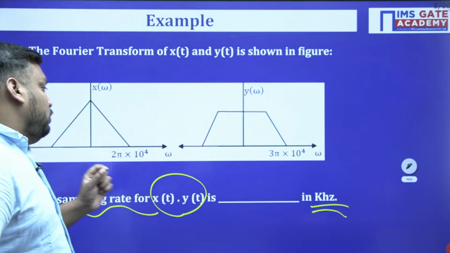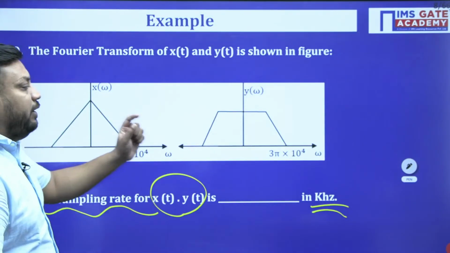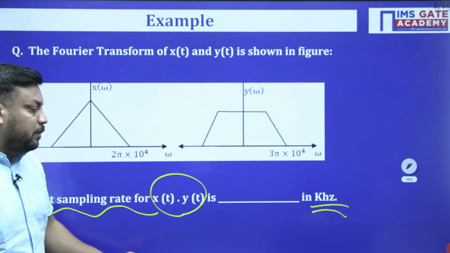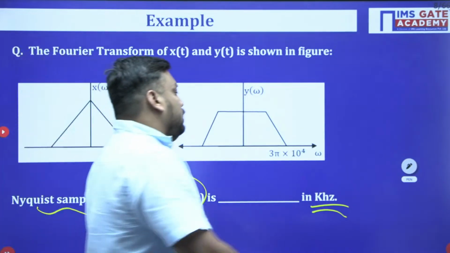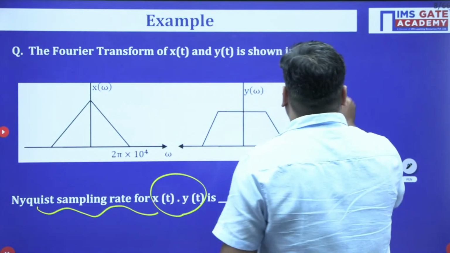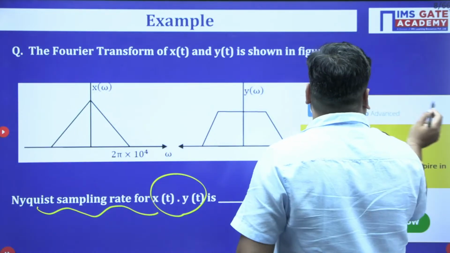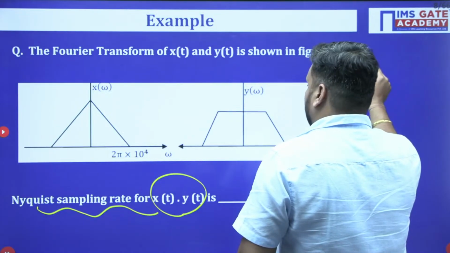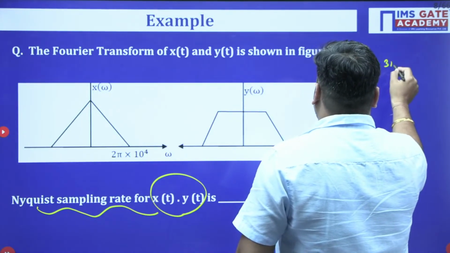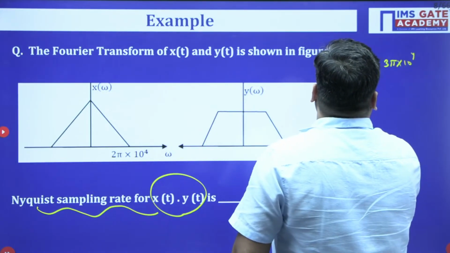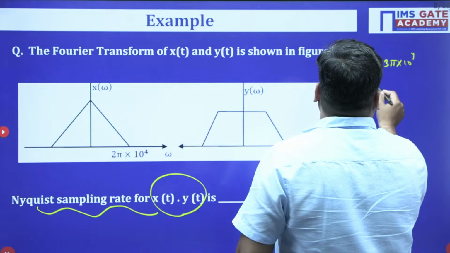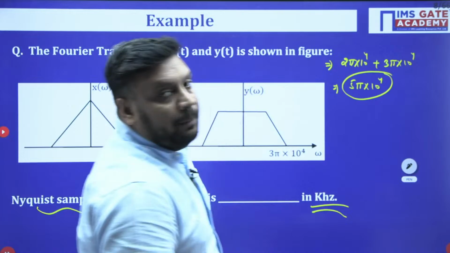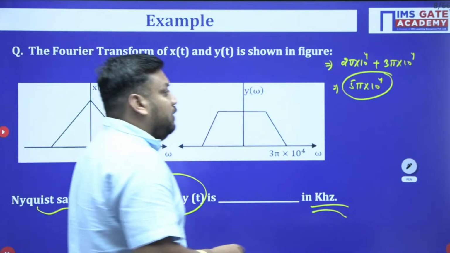So students, we can say that the maximum frequencies of X omega and Y omega are given to us in the frequency domain. Because we have to perform convolution, we have to add the upper limits. So whatever the maximum frequency of xt and yt will be, it is 2 pi into 10 to the power 4 plus 3 pi into 10 to the power 4. Ultimately it is 5 pi into 10 to the power 4. This is my maximum frequency in omega. So if I divide by 2 pi,